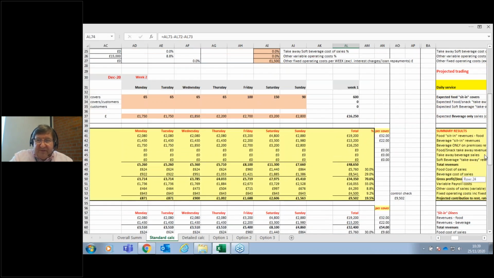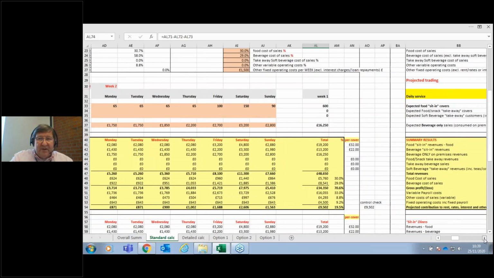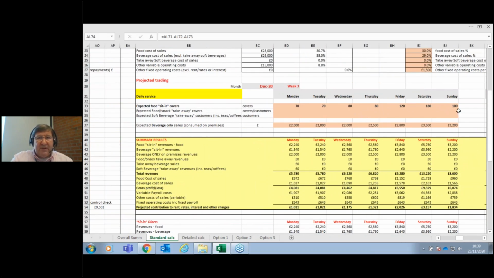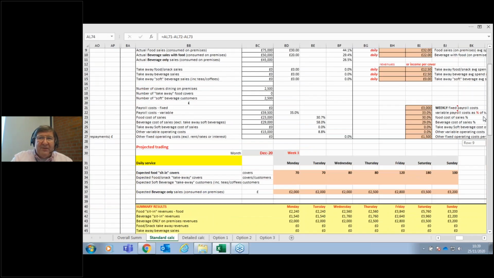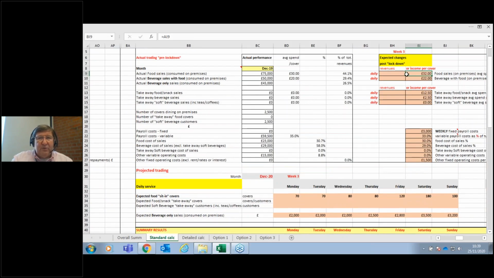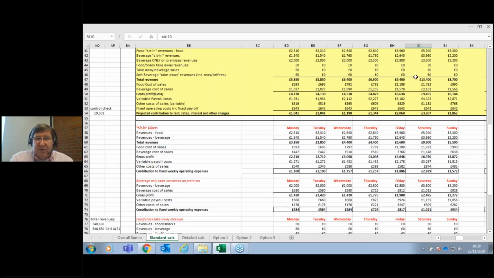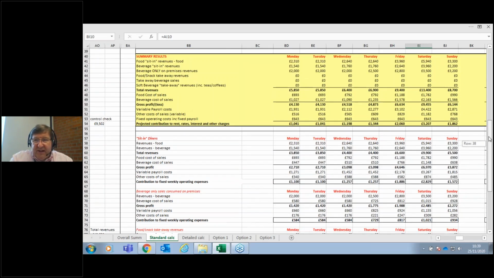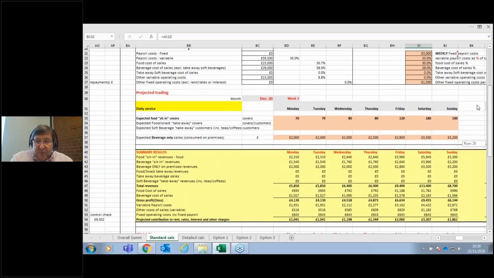Week 3 and week 4, again, all we have to do here is enter the number of covers that we think. Now, we can make changes here. If, for example, you decided that this week I'm going to put my menu prices up by 50p, so our average spend now, say, overall is going to be, say, for example, £33. That will then fall into subsequent weeks, and it will change the revenue figures down here, and it will also